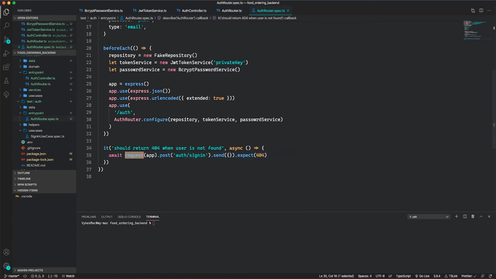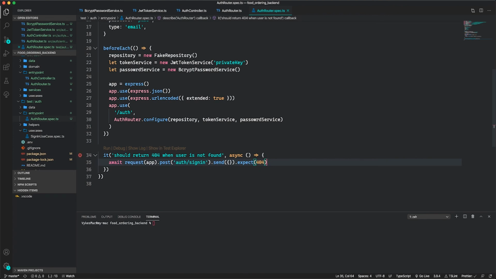So basically this will start a new Express server and will send a post request to this endpoint with an empty JSON body, and so I'm expecting a 404 user not found response. This is the same thing that you will basically do in Postman, but as I said before, it's better to write your test than to be using Postman all the time to run the test. So now if I execute this test to see how it works,